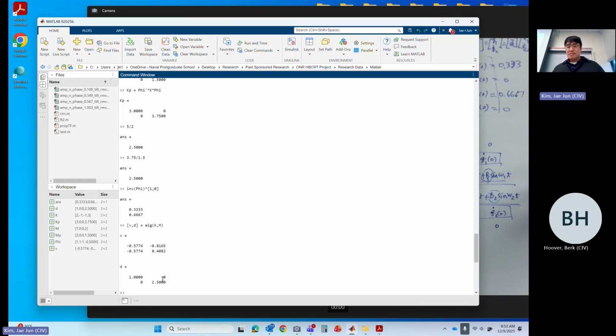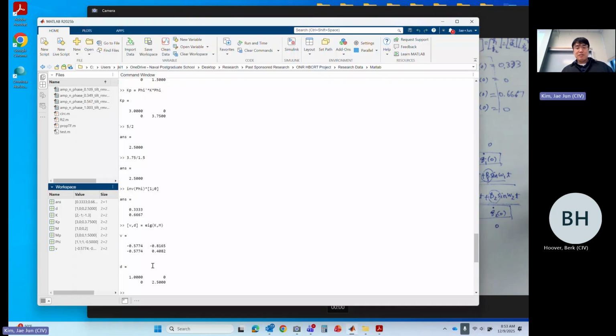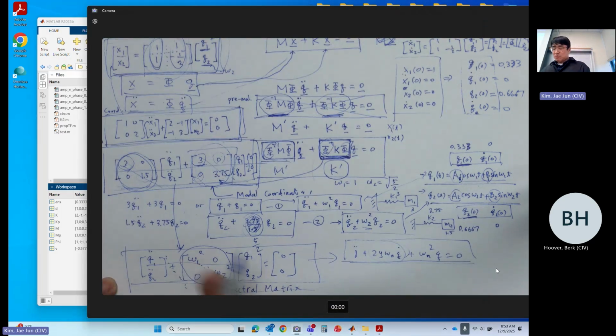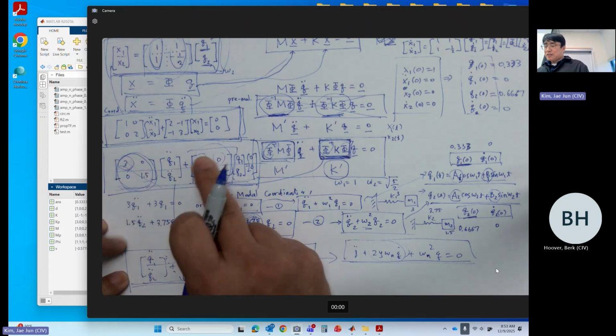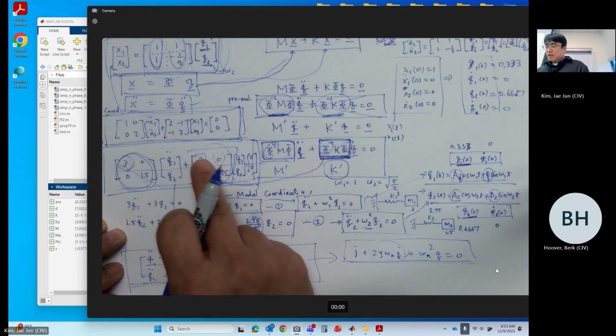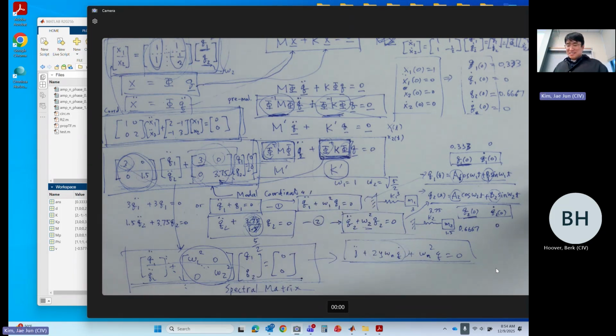Basically, by looking at these two matrices, you can already write the equation of motion in modal coordinates. In modal coordinates, you can write it as natural frequency and damping ratio, right? Because it's all diagonal, so you can divide the K by M to get the natural frequencies. So that is the last